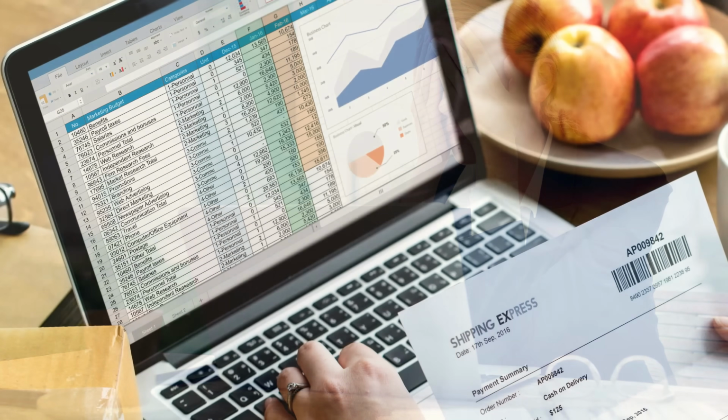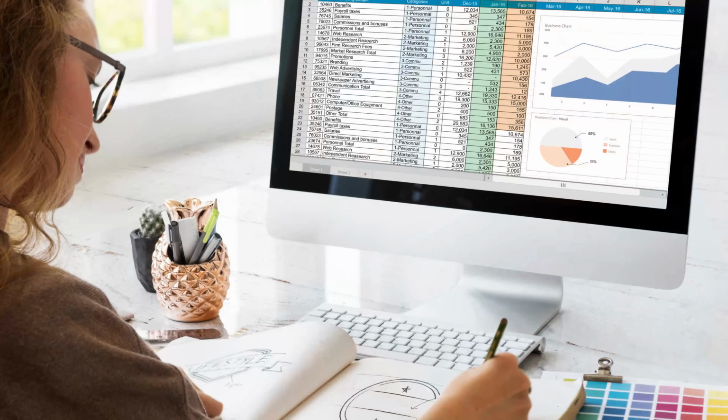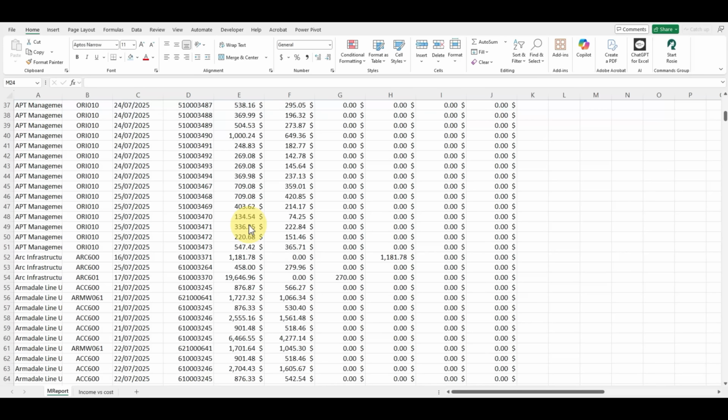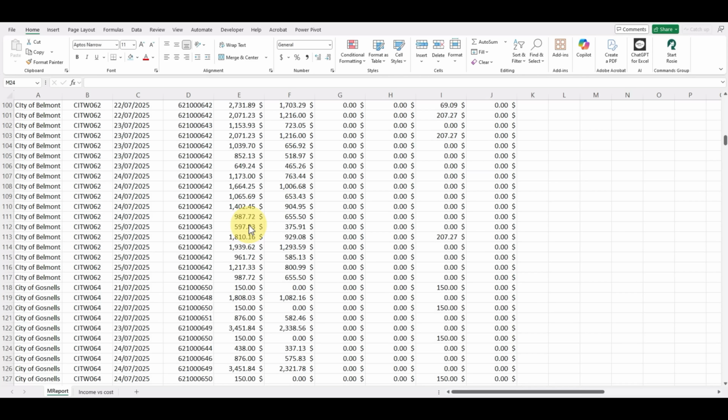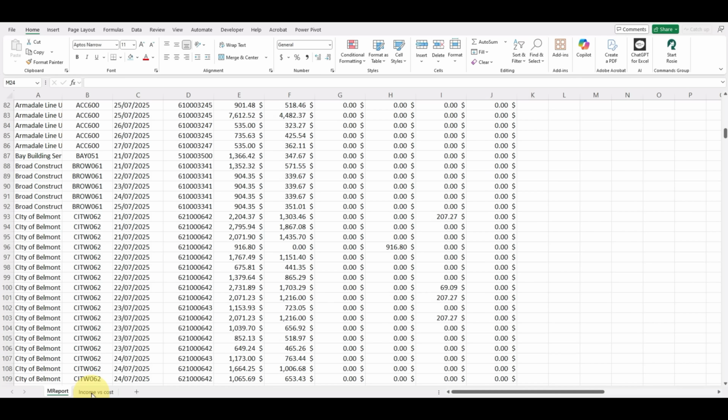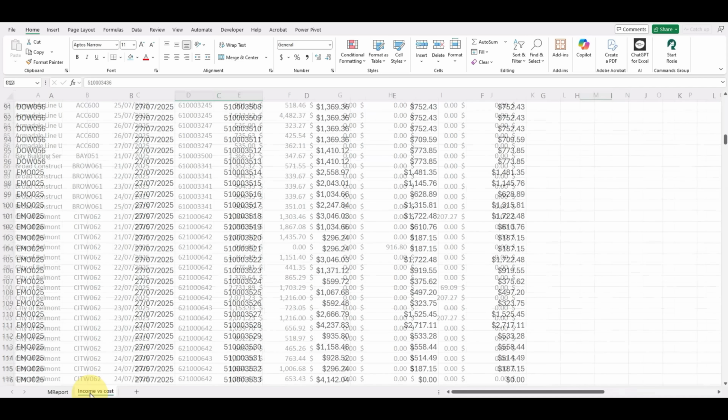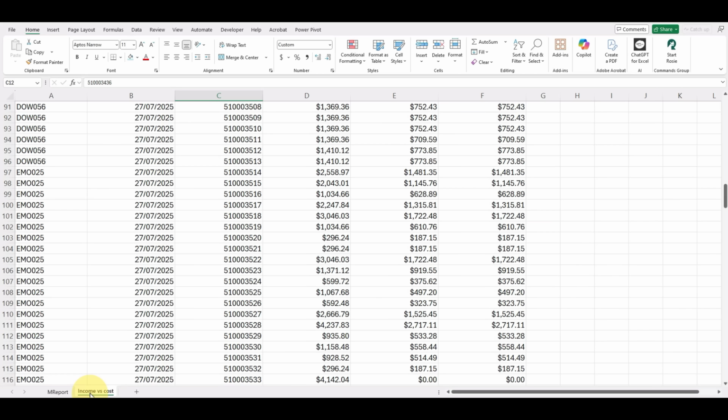So do you ever struggle with reconciling large sets of data in Excel? Maybe you have got thousands of rows in two different sheets, like you can see it on the screen. I do have, it's not in thousands, but yes, this is a very large set of data. And I do also have two different sheets, one is a margin report, the other one has income versus cost reports. So you might be wondering, how do I quickly reconcile these with each other to quickly check what's missing or